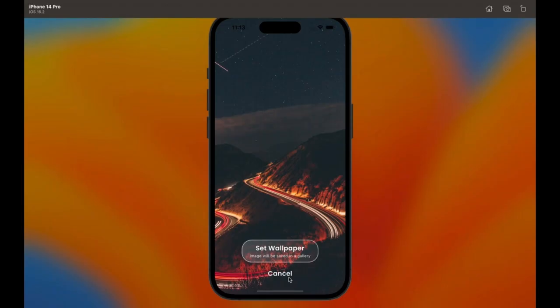And you can see a set wallpaper button, and it has a feature where the image will be saved in the gallery by pressing this button. Now we'll click the cancel button, pop out this image, and select another image that we want. Now I'll select a